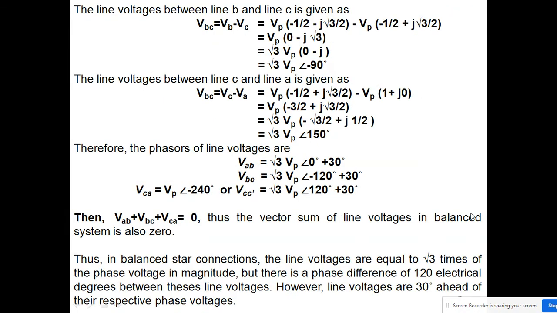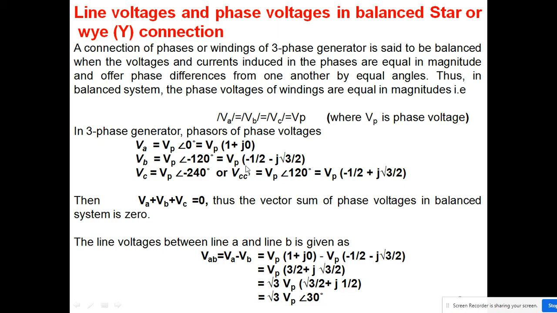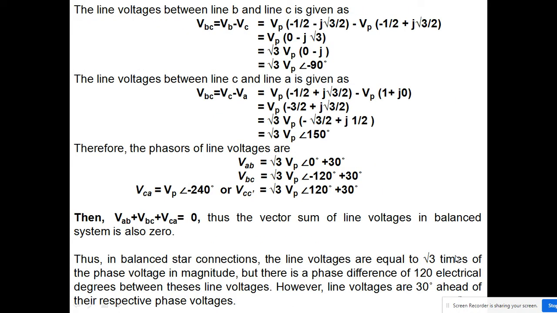Okay. Then you see between B and C. So VB is given by this, and VC is given by this. You can see very clearly, because we are putting 120, this is nothing but VP, and you can write here cos 120 minus j sin 120, and in this way you can put the values. It's very simple mathematics. So you can calculate, and this becomes equal to this.